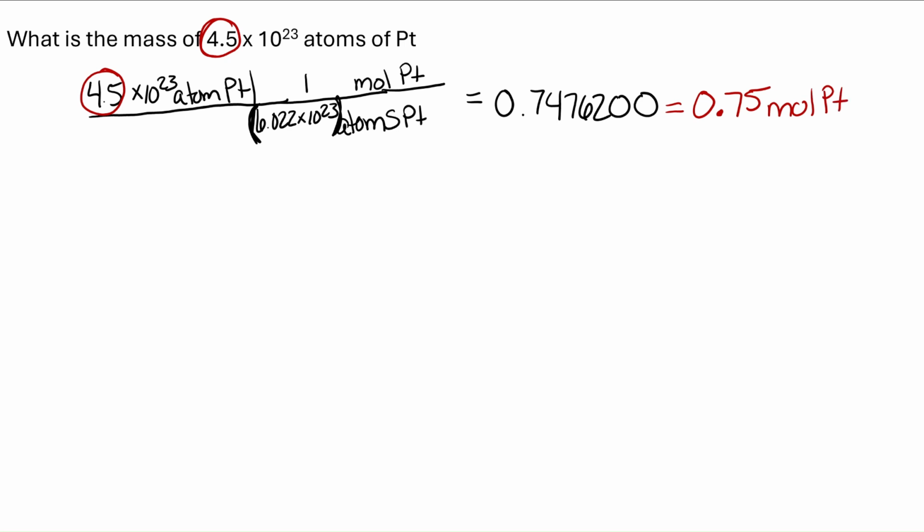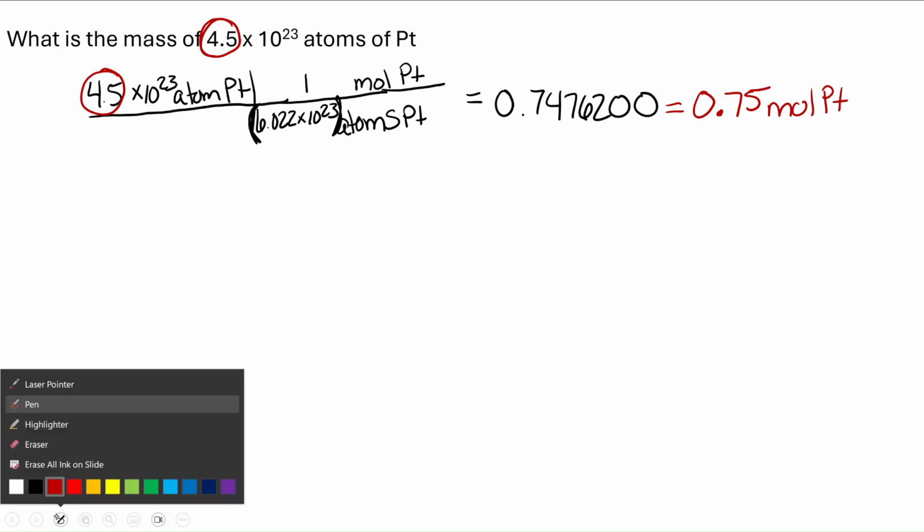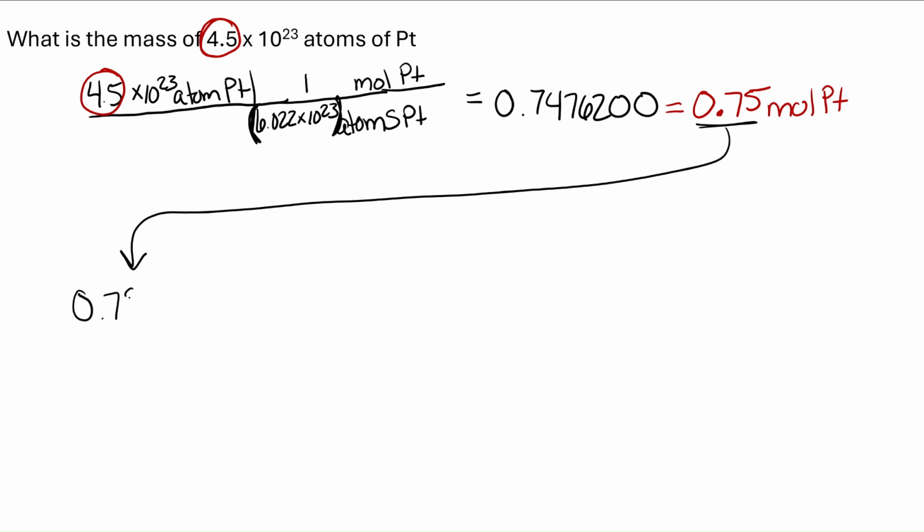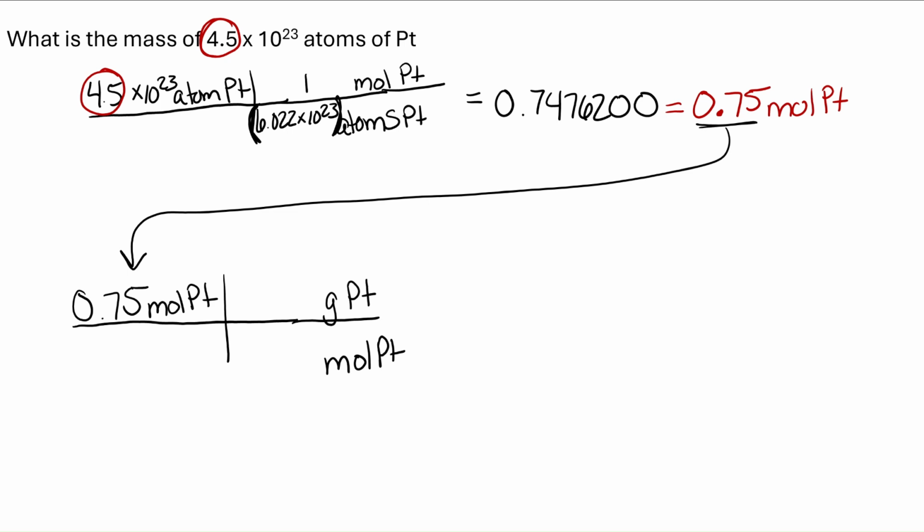Now, obviously, we're not finished with this problem, right? We have to go to grams. But then I'm going to take this value, and I'm going to start that new train track with those 2 significant figures. All right, so then I draw my train tracks. Moles of platinum down here, grams of platinum up here. Okay, now I have to put my numbers in. So in 1 mole of platinum, we find the molar mass, and it is